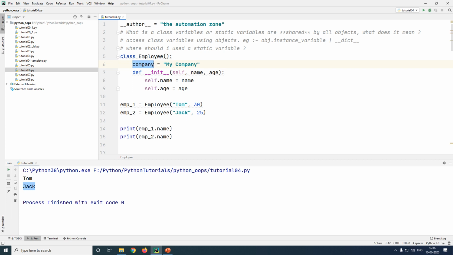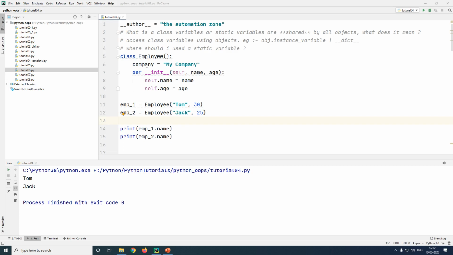Now this class variable is specific to, or is assigned to, my class. This is not assigned to the objects of my class. However, my objects definitely can access this variable called company. In this way, I've assigned only one variable, but this variable is shared by all of the objects which are created and will be created using my class employee.